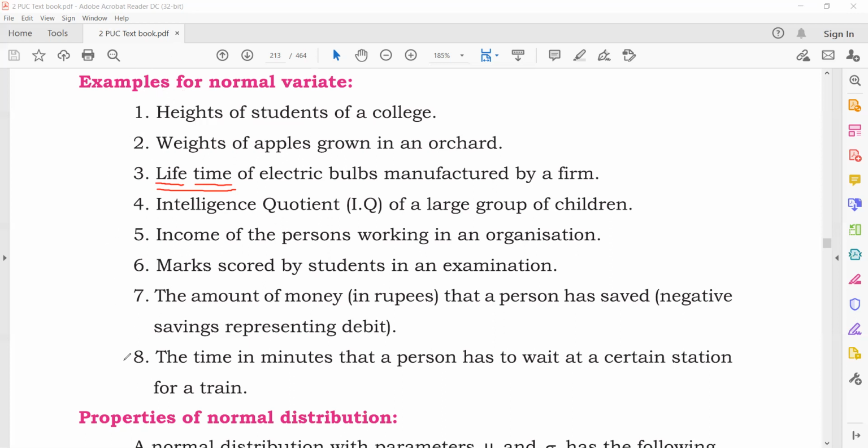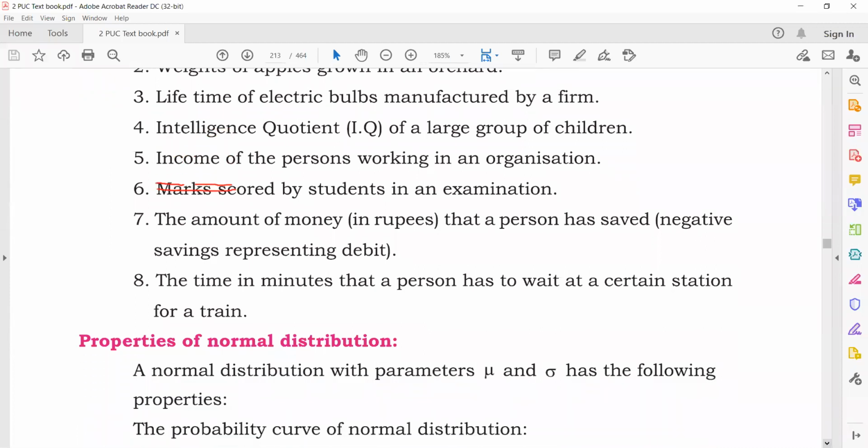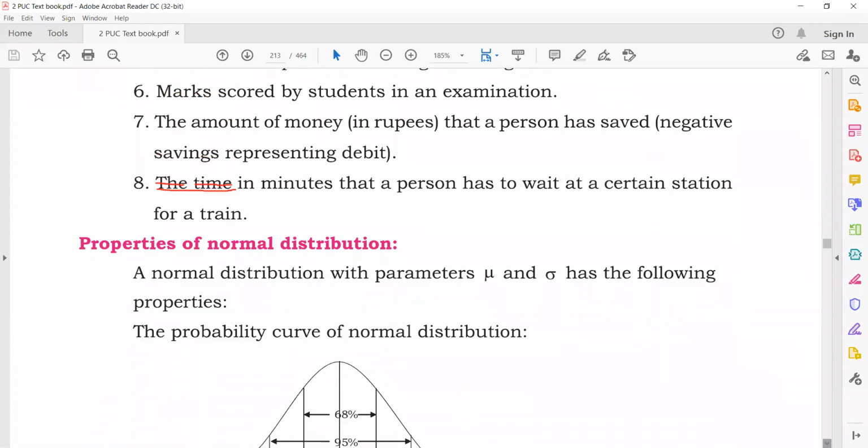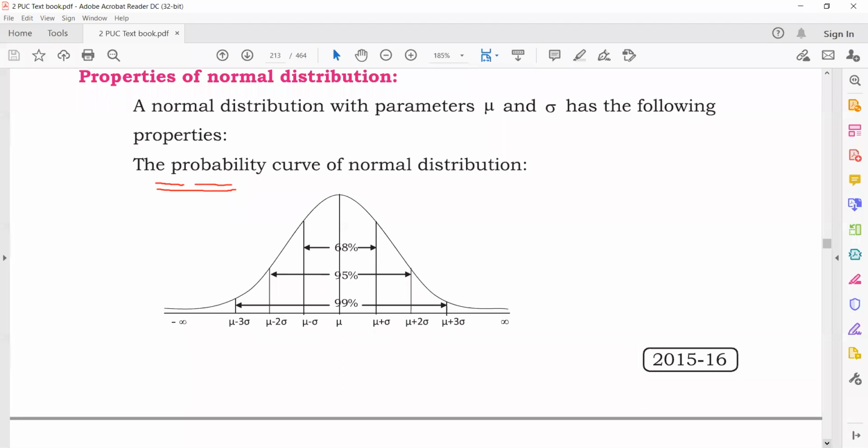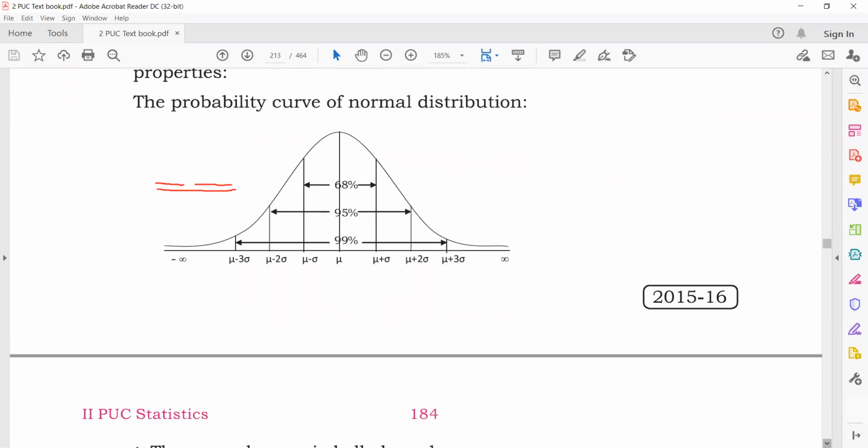So any research work basically starts from this part. So collection of the data, you have X and you have assumed X to be normal. So now we'll see what happens if I assume X to be normal, and we actually see what the sampling distributions are, how the normality helps us in achieving the desired results. Now coming to the properties, so this is also an important part. As said, for you, don't worry about the numerical problems in the normal distribution. Look into the definition of normal distribution, examples of normal distribution or normal variables, and then properties of normal distribution. So a compulsory question will be there.